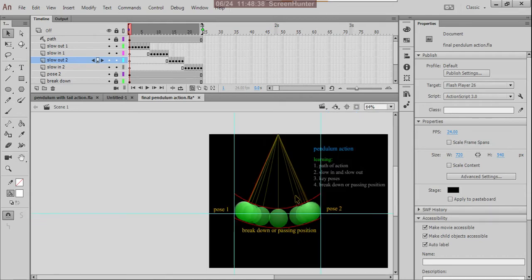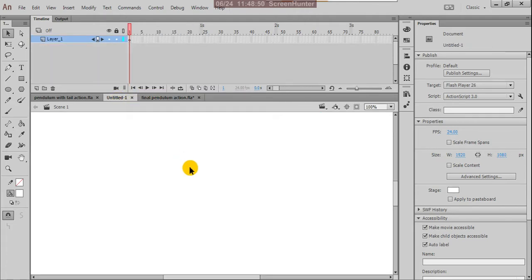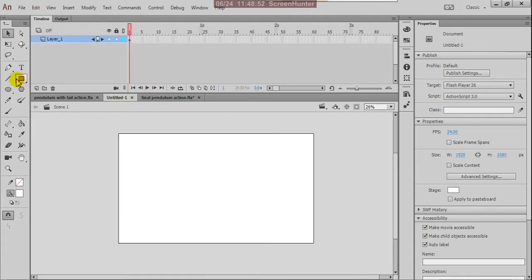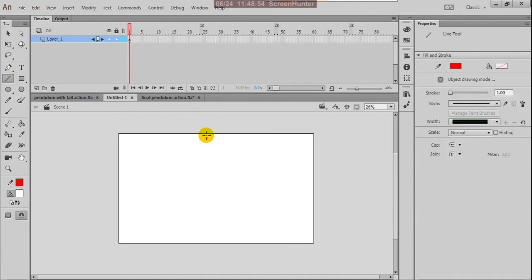Now I'll draw one simple diagram here. Now we'll understand that. Suppose this is my line.